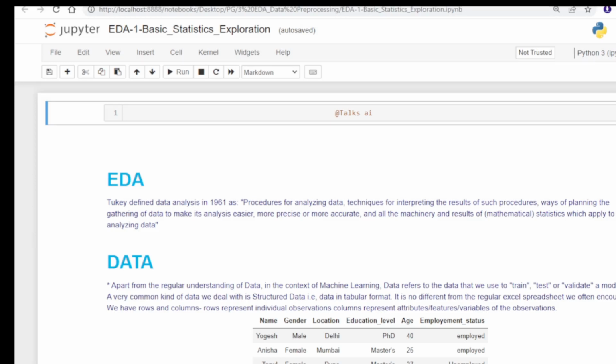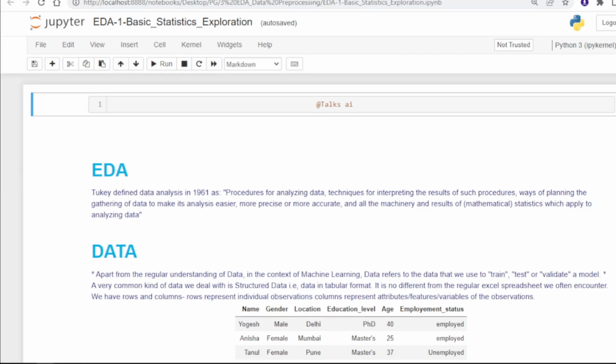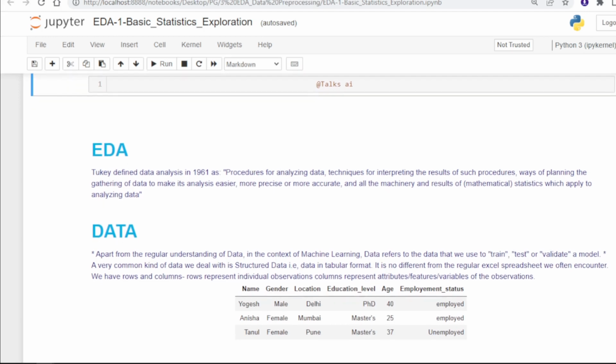Hey friends, welcome back. So now we will see exploratory data analysis, or EDA, in our AI/ML journey, which also plays a very important role because it is a significant concept, right? We need to know it whenever we use machine learning or deep learning concepts in terms of AI. So let's get started.